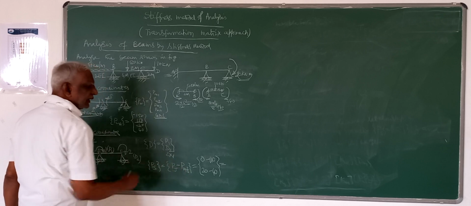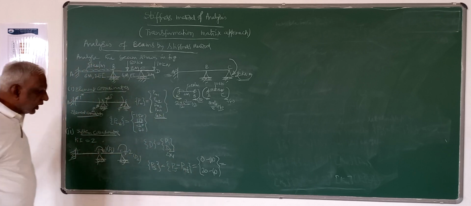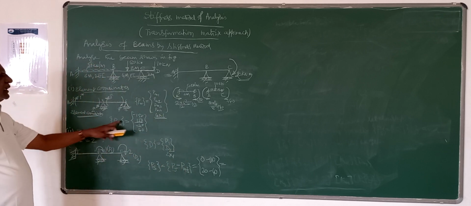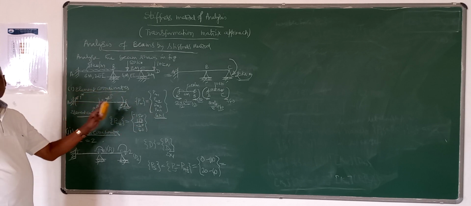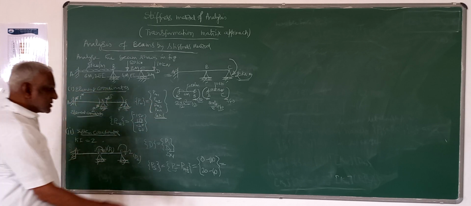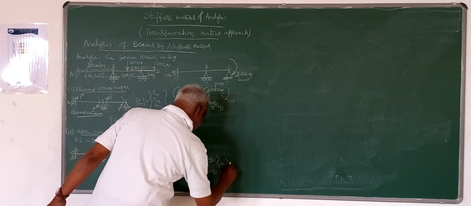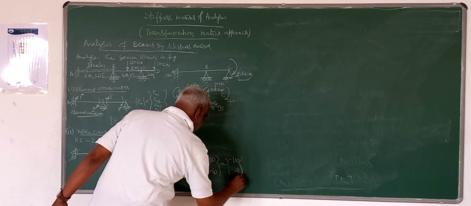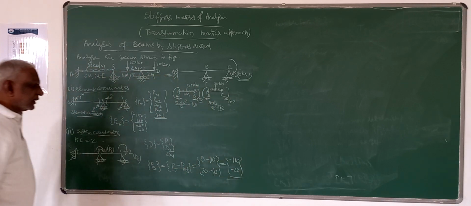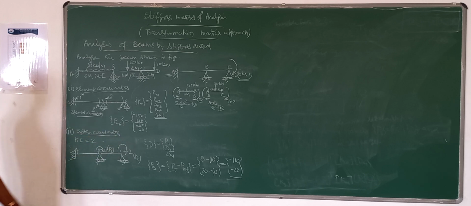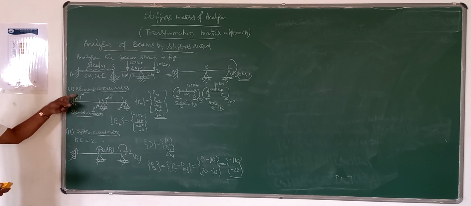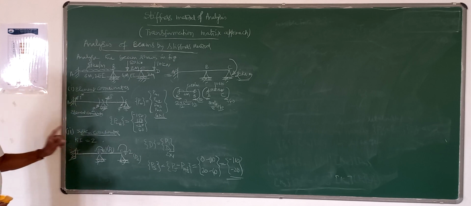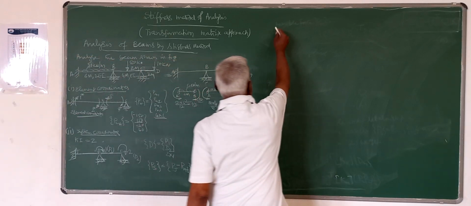So PJ minus PMF, whatever external joint load is there, minus the equivalent member load acting at the joint, which I have calculated. So this PS is nothing but your minus 110 and minus 20, both are minus. 20 minus 40 is minus 20, and 0 minus 110 is minus 110. This much calculation you have to do in this second step. You have to identify element coordinates, you have to identify system coordinates. Then the